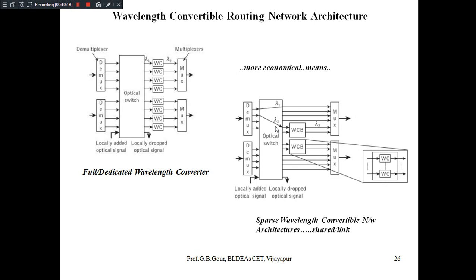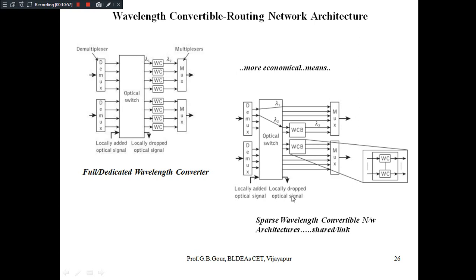Now only those wavelengths which need to be converted to a complement wavelength have to send the request to the WCB. When the WCB gets the link or channel request to be converted to its corresponding complement wavelength, then a wavelength converter will be assigned to that.